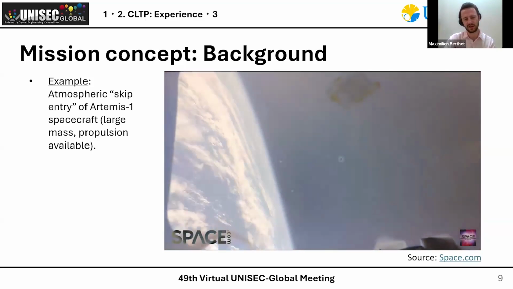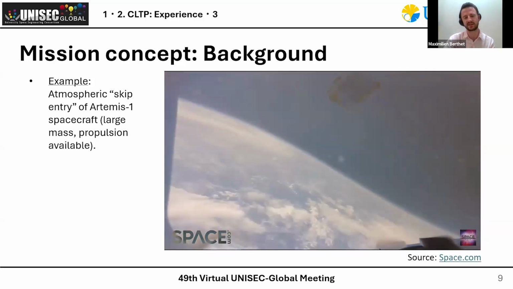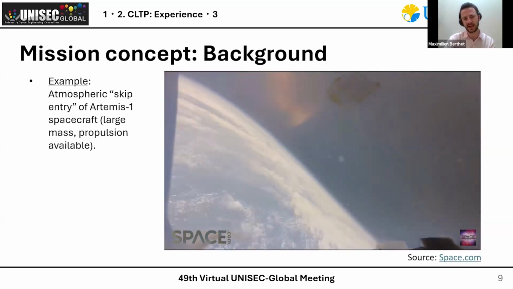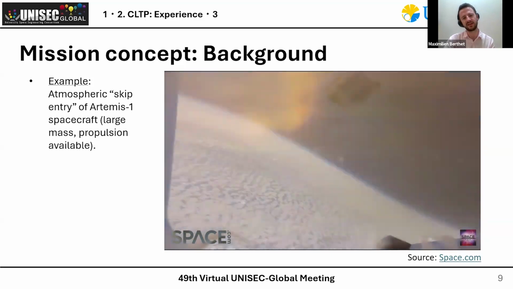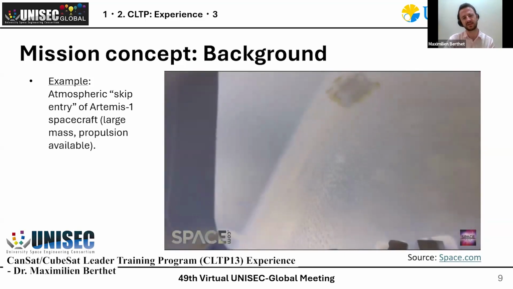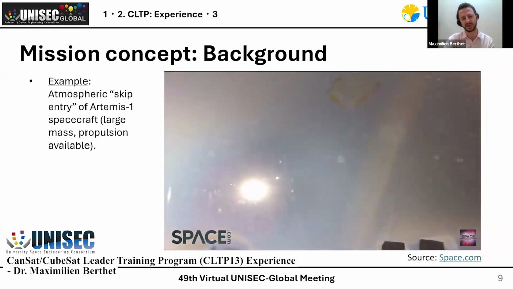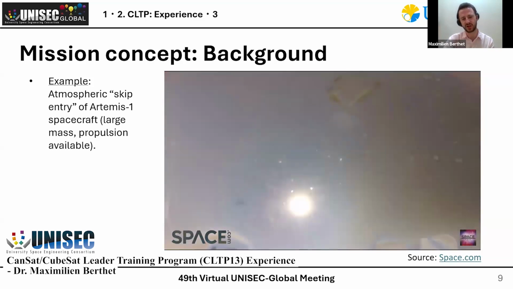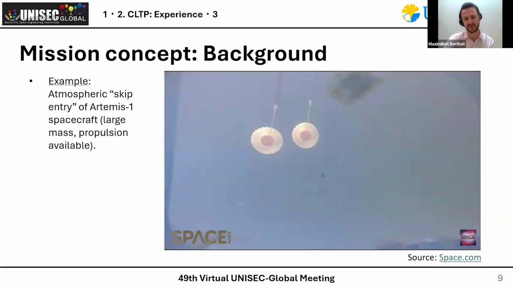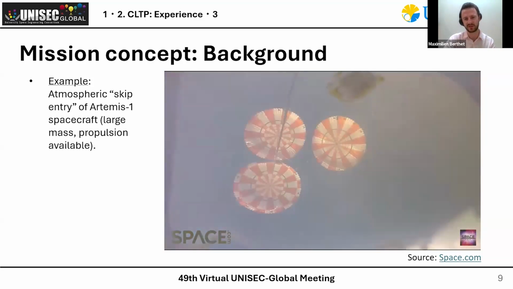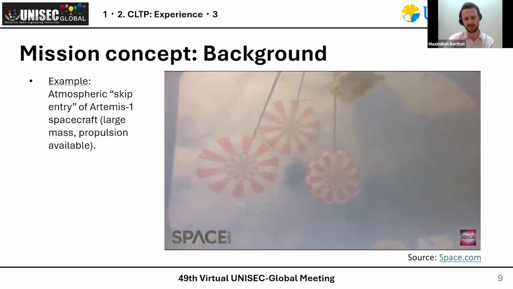So you can see the oscillation of the spacecraft is getting faster and faster as it enters more dense atmosphere. You can see it begins to heat up. And then finally, it begins to fall. So you can see we move from space into the atmosphere. So the color of the sun changes. We can now see the sky. We're in the atmosphere. Parachutes are deployed. And then finally, at the end of this process, we hit the ocean and we have splashed down and the